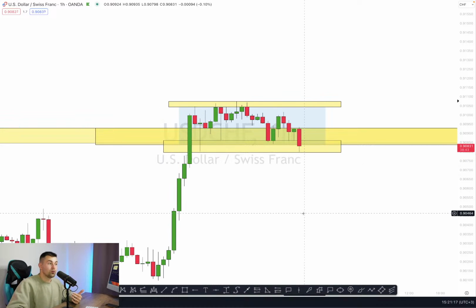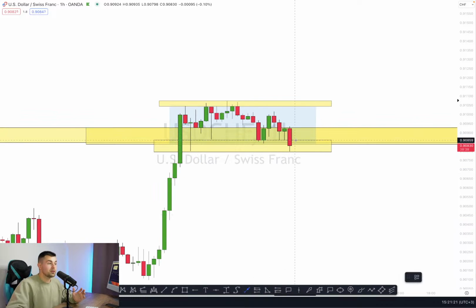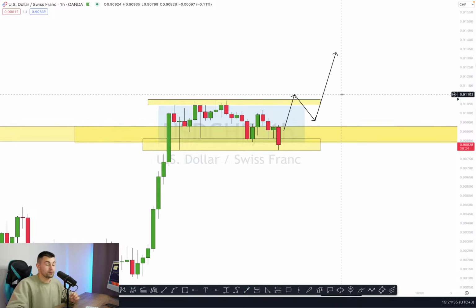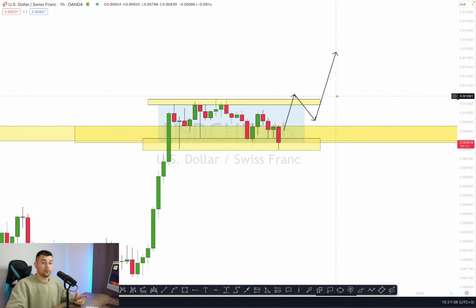And what will be our sign of strength here? Our sign of strength here will be the violation, the breakout of the resistance of the range, traders. If the price breaks and closes above that, that will be our strong bullish signal, and that will push the prices higher. So your confirmation to buy dollar Swiss pair will be to wait for a bullish violation of that resistance. Yes, that is exactly what your trigger should be to buy.